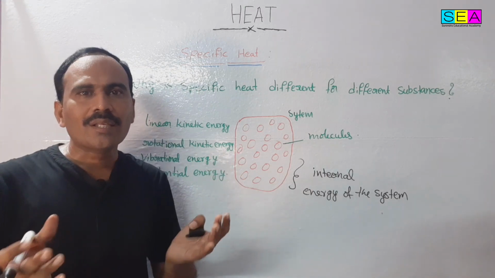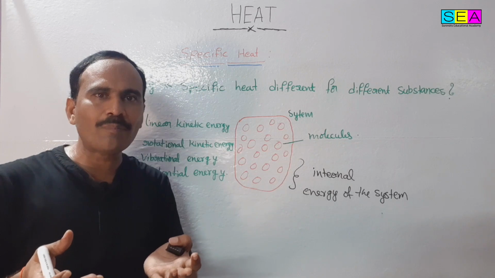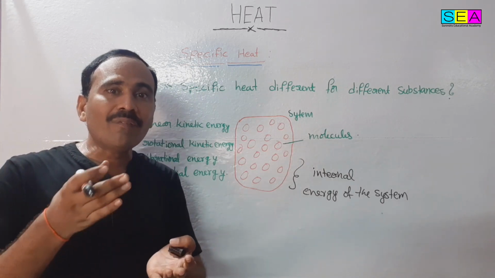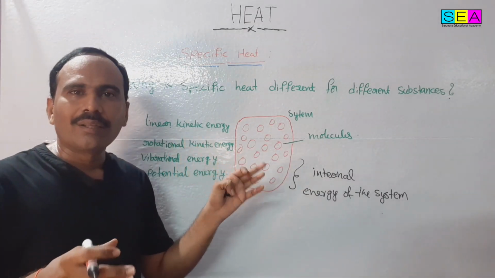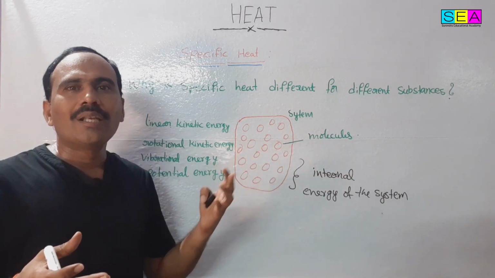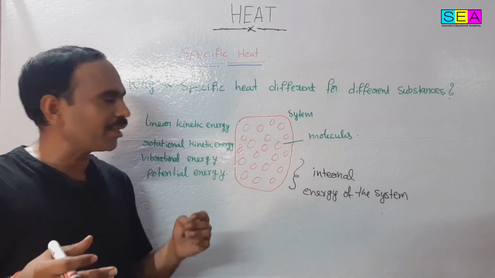That means a large quantity of the supplied heat energy is being shared and converted into linear kinetic energy. But in water, compared to the coconut oil, only a smaller quantity of heat energy is shared and converted